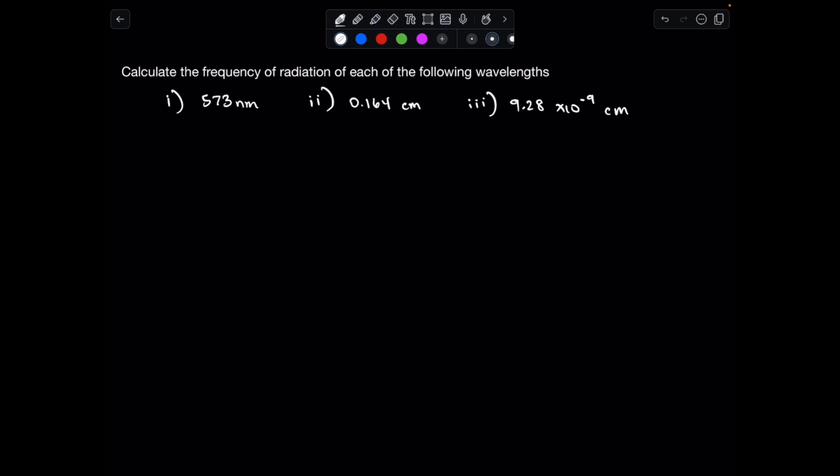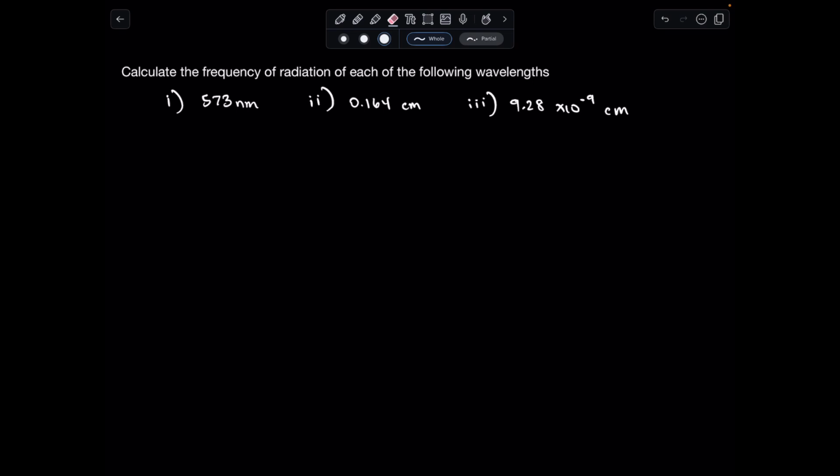In this video, we're going to calculate the frequency of radiation of each of the following wavelengths. We have our first, which is at 573 nanometers, our second, which is at 0.164 centimeters, and then our last, which is at 9.28 times 10 to the negative 9 centimeters. For each of these, in order to calculate the frequency from these wavelengths, we're going to use the same